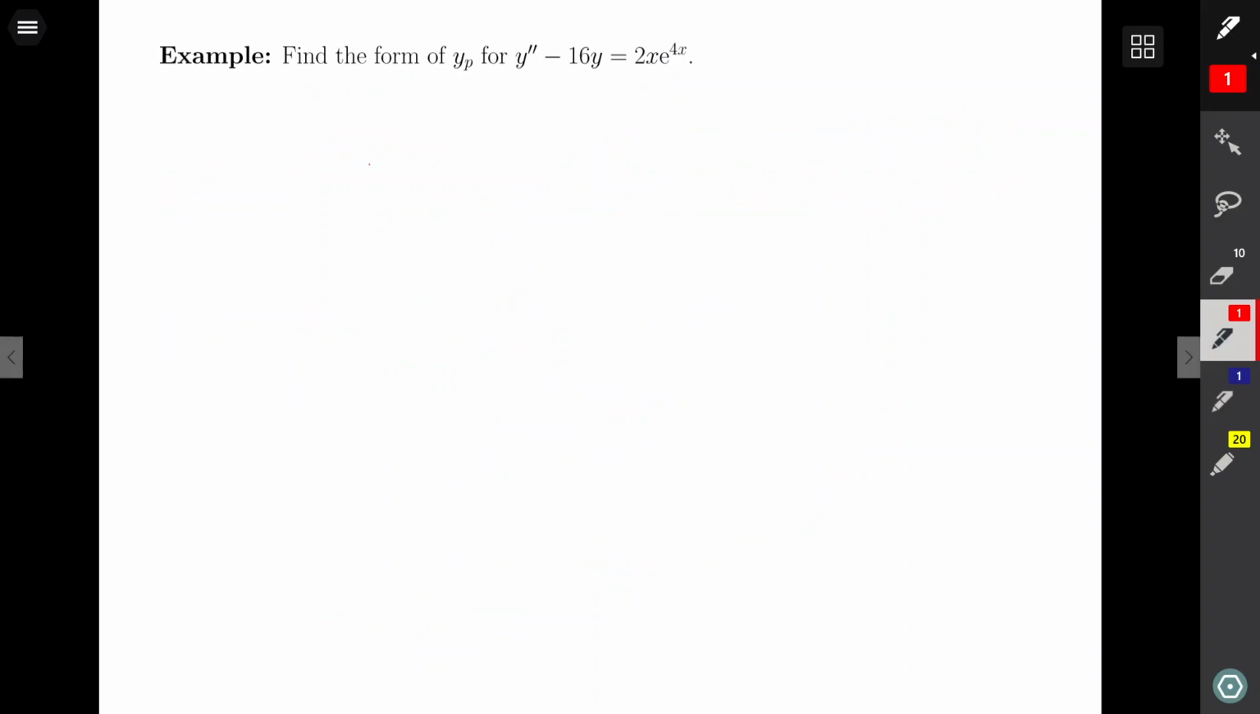So let's do the same thing for y double prime minus 16y equals 2x e to the 4x. How's this one going to be different? Well, first of all, we'll go for the complementary solution. Auxiliary polynomial, you have r squared minus 16, set it equal to 0,